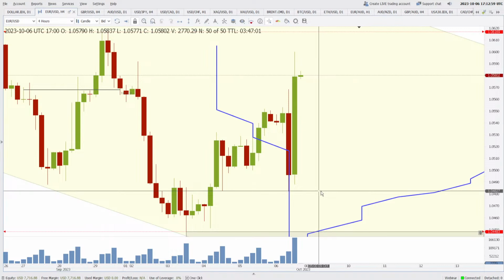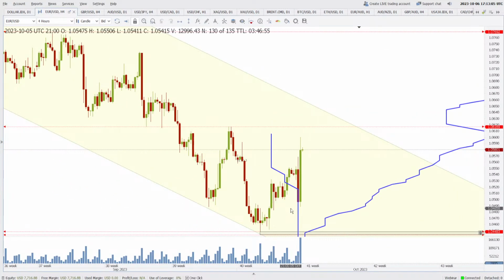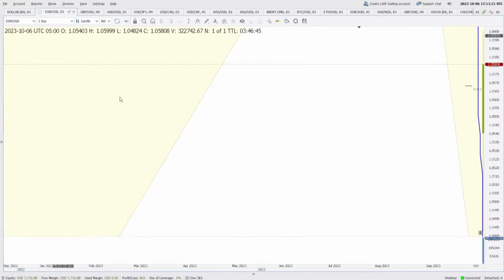All right, so this is showing us that at lower levels there are buyers for the euro, but I am personally not willing to buy this market right now because on the daily chart we need to clear 1.0669. On the daily chart, you will see